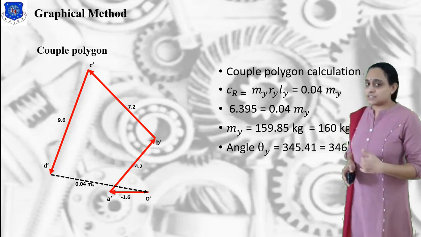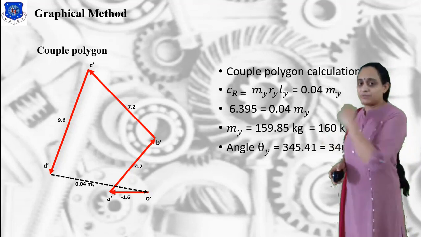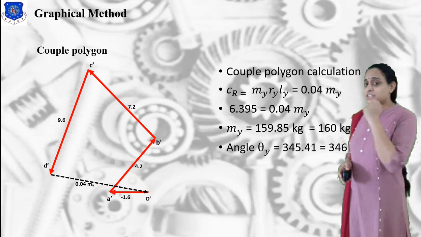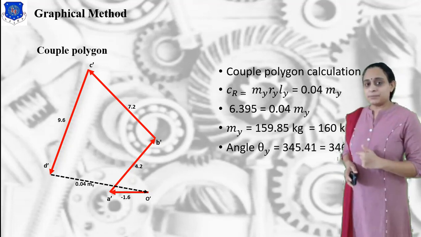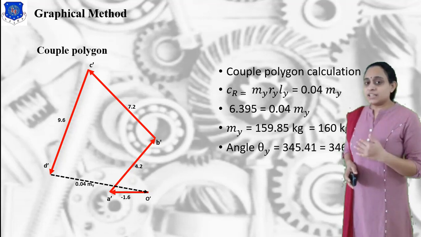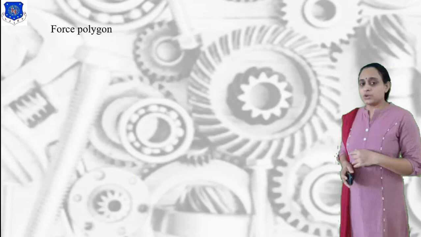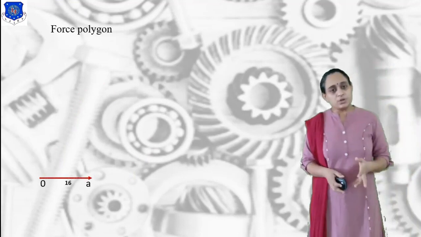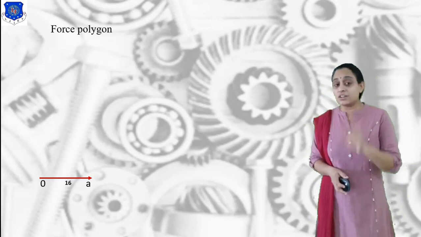Okay, I think this is enough for you. So here we will find out the value of MY, as well as need to consider the angle of theta, and then we can find out the value of graphical method. So let us solve the force polygon. Here we have the force polygon. So for this force polygon, we have to draw the force polygon diagram. For this force polygon, we have to calculate or consider the